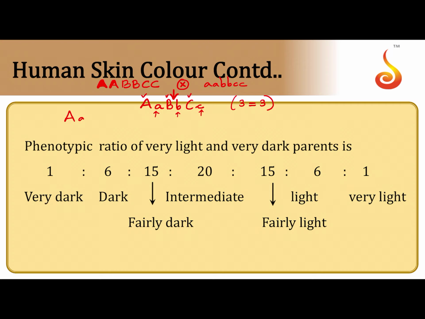Now suppose a person who is mulatto skinned is marrying another person who has a mulatto skin again. So mulatto, so this was the F1 generation. Let us consider this to be the F1 generation. Now this person who is an F1 generation person is getting married to a person who has a mulatto skin. So both of them are mulatto. Then you will get what generation? You will get F2 generation. See the ratio of the F2 generation. The ratio of colors in the F2 generation is